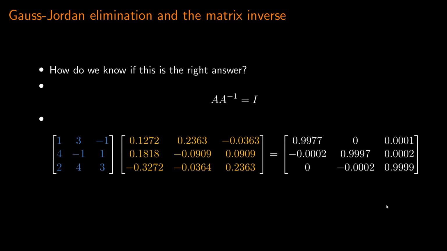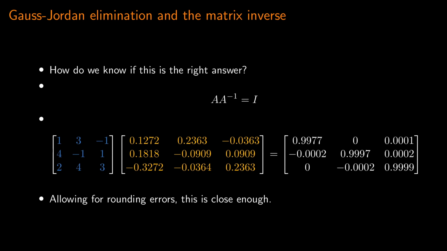And we put that in. And if we continue with that process, we will end up with the result that we see here. So what we see is that the leading elements here are all very close to 1 within rounding errors, and all of our other elements are indeed very close to 0. That one, that one, that one, that one, that one, and that one. That is, within rounding errors, close enough to the identity matrix that convinces me that we do indeed have the